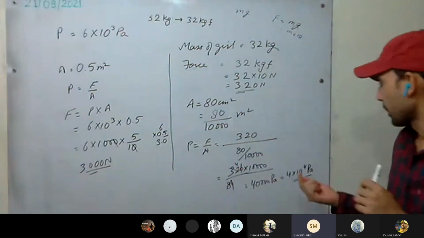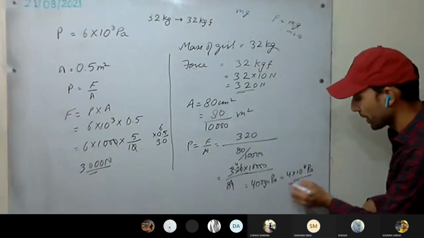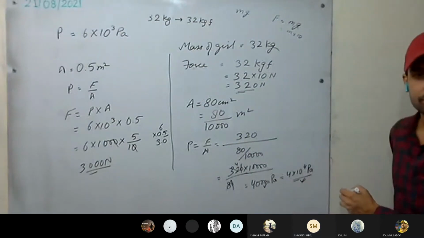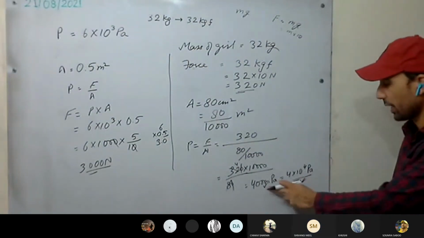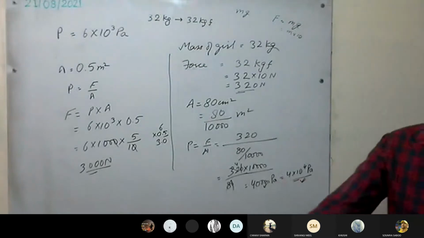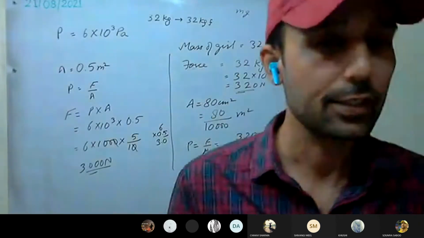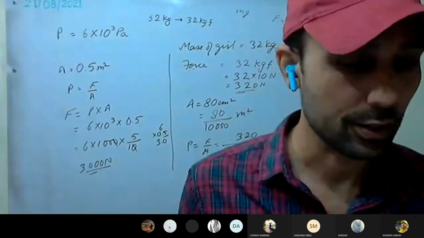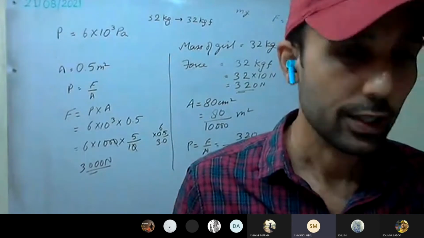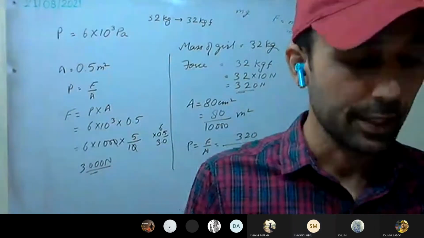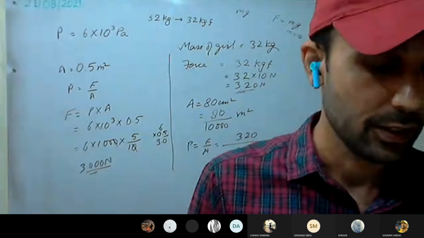Yes, you can write either way, but this one is better. You can write either this one or this one, okay? So we have completed the numericals. Numericals are clear or not? Yes, sir. These are very easy. 2 minutes are remaining. We can discuss the fill in the blanks.